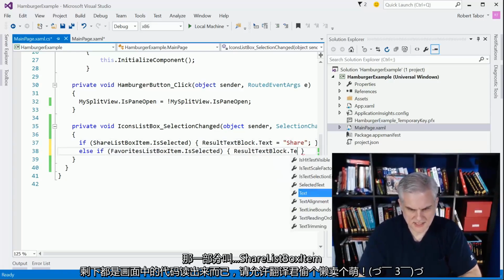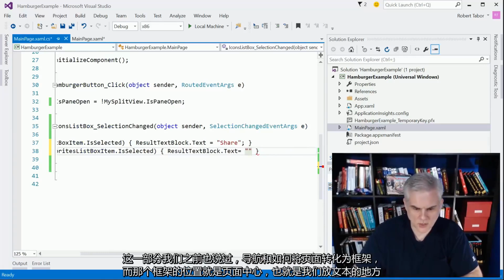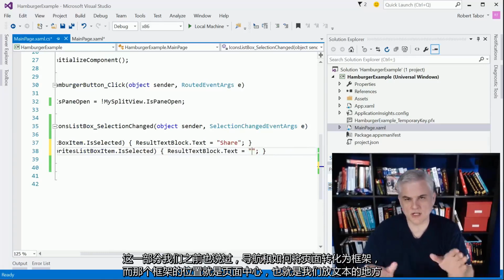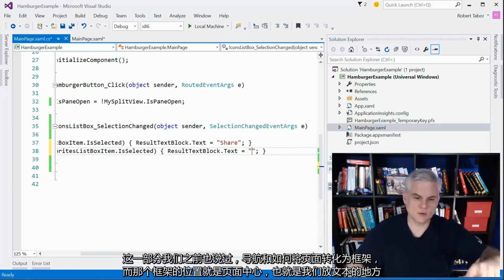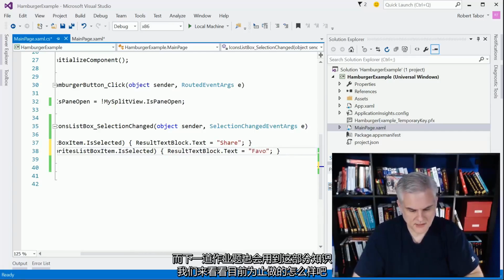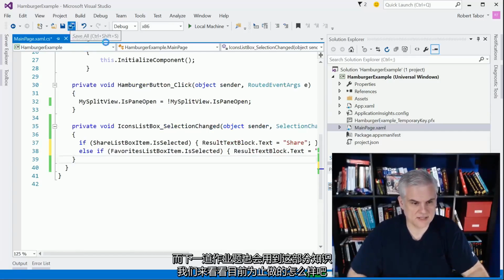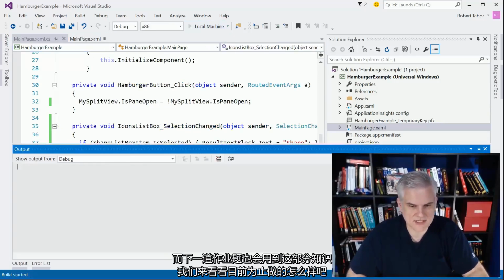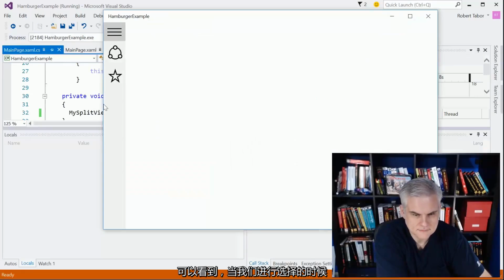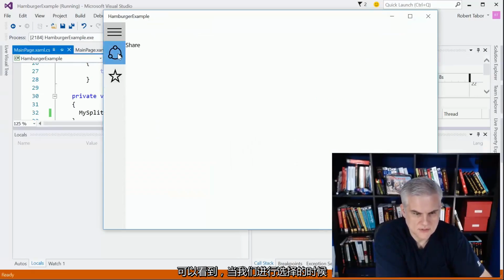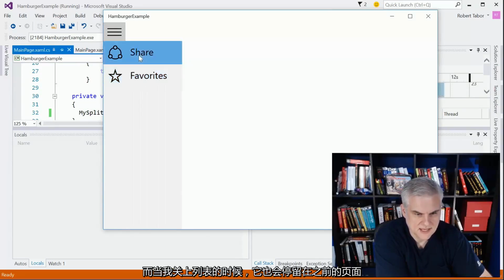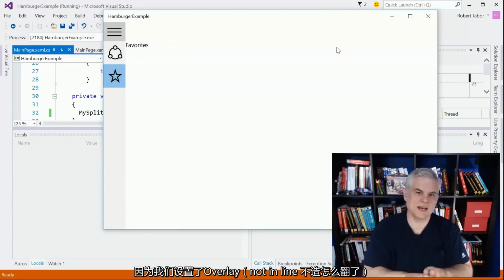Result text block.text equals, and here's where you'd probably want to do what we talked about earlier with navigation and load in another page into a frame, and that frame would sit in the middle where we currently have the content area. Okay, and that's something that you're going to actually need to do for the next challenge. All right, so let's see what we have here. All right, so you can see that when we select either of the buttons, it changes the selected item, and I can even select and then go away and it still selected it, okay, because we have overlay and not